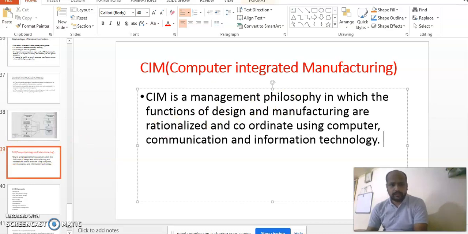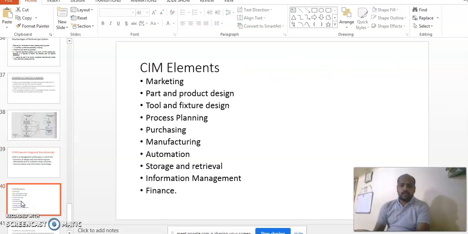Now let us see few components of computer integrated manufacturing system. So these are the elements of CIM.